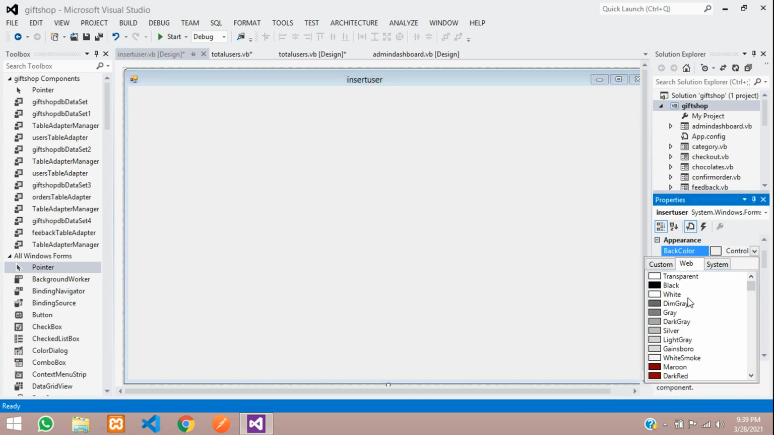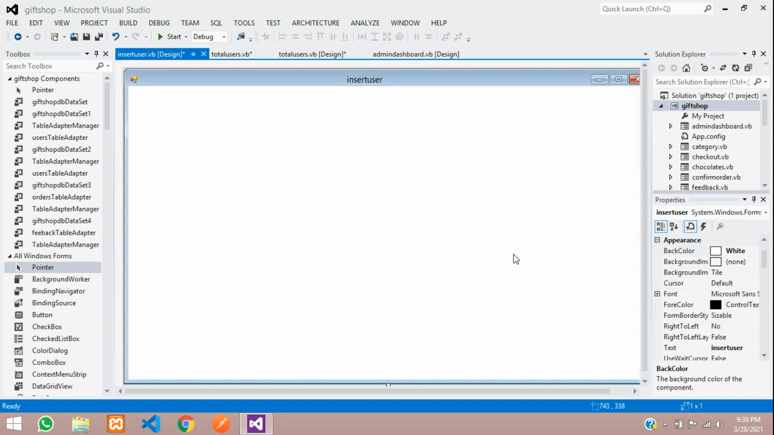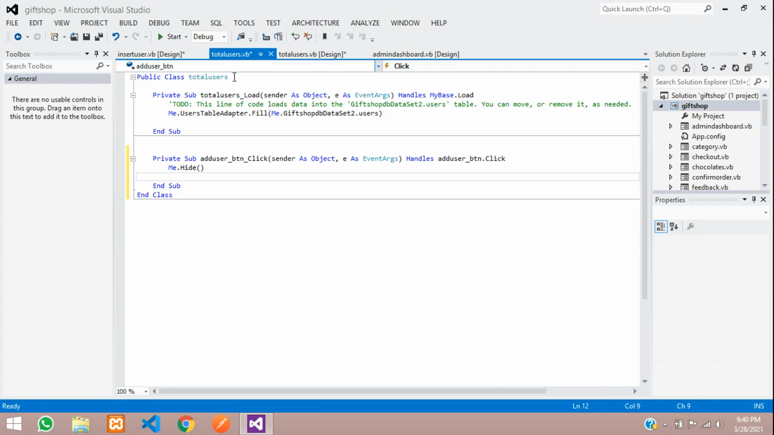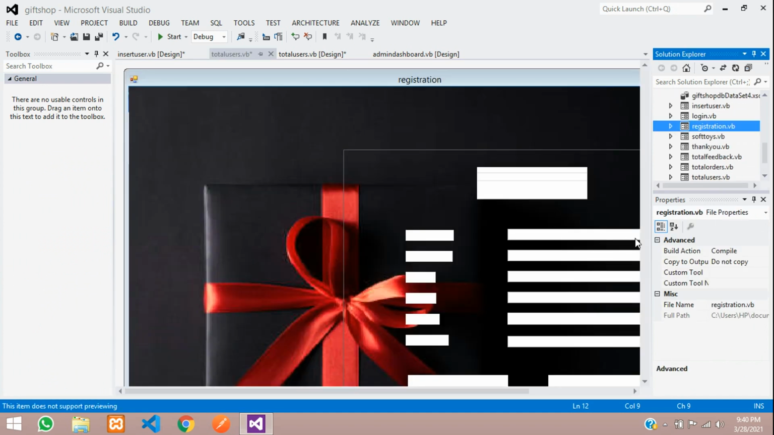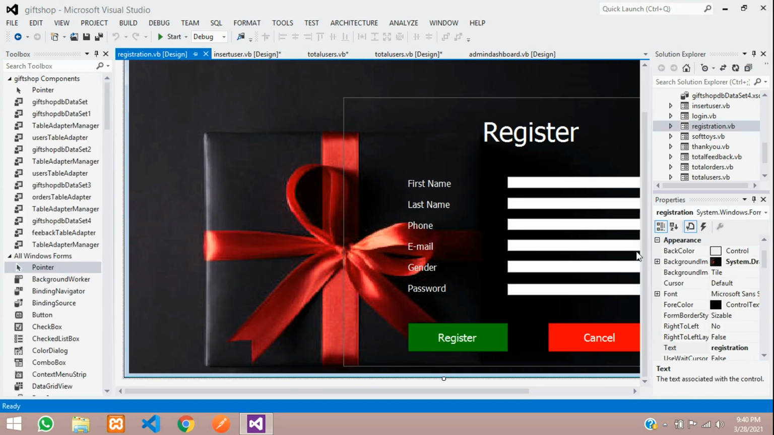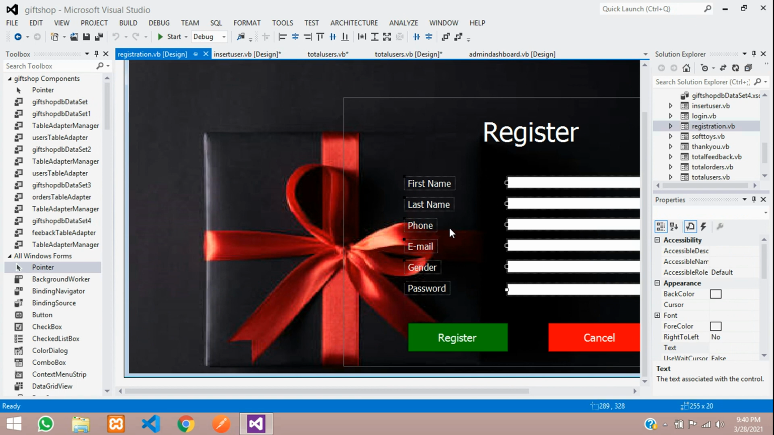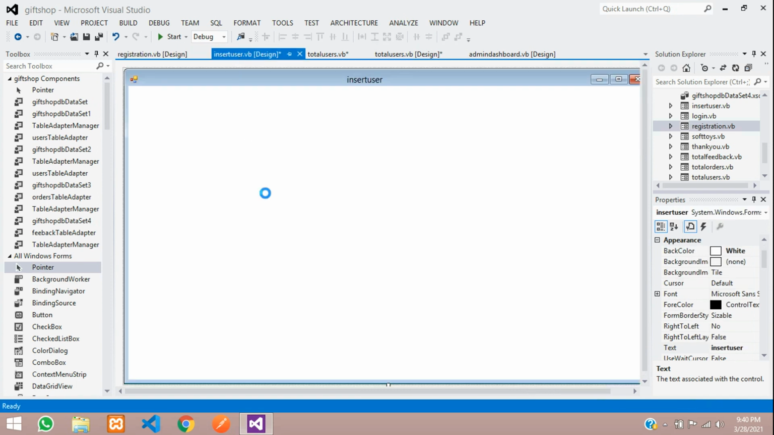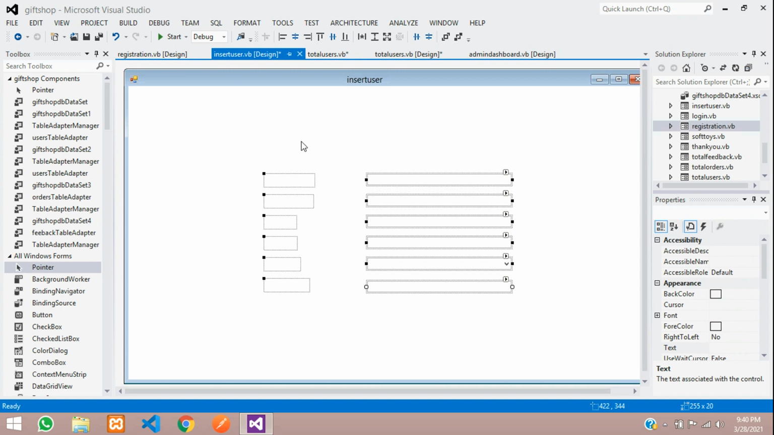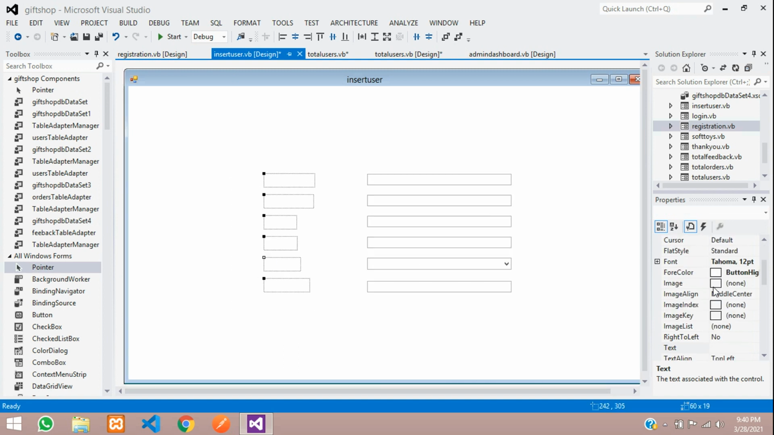Change the back color to white, and what we are going to do here is we are going to use the registration code because we are going to perform the same thing, right? We are going to insert the user details. So just go to your registration form and copy all these input boxes and paste it over here. Okay, so just change that label color